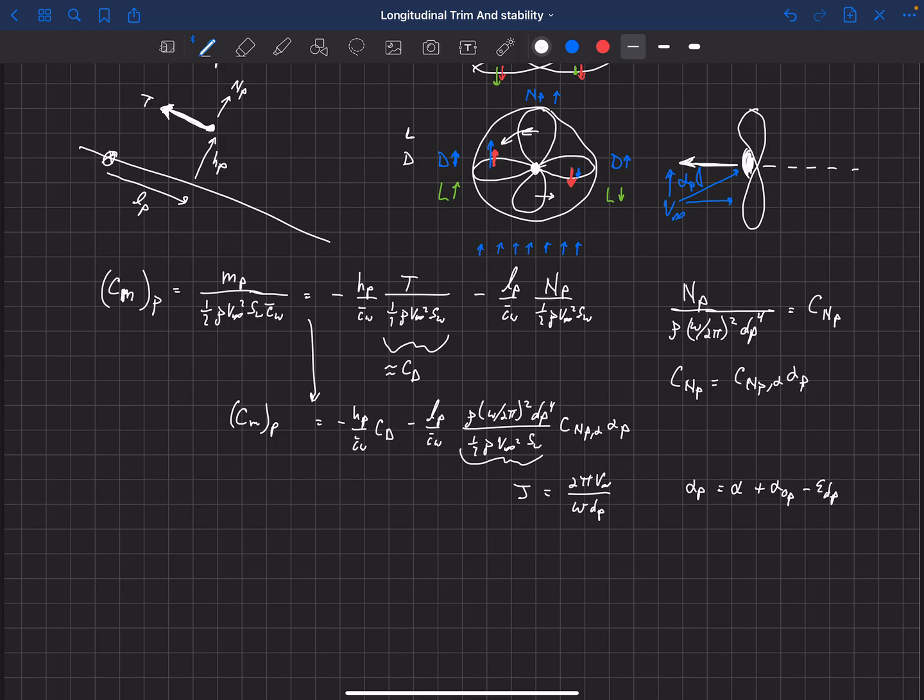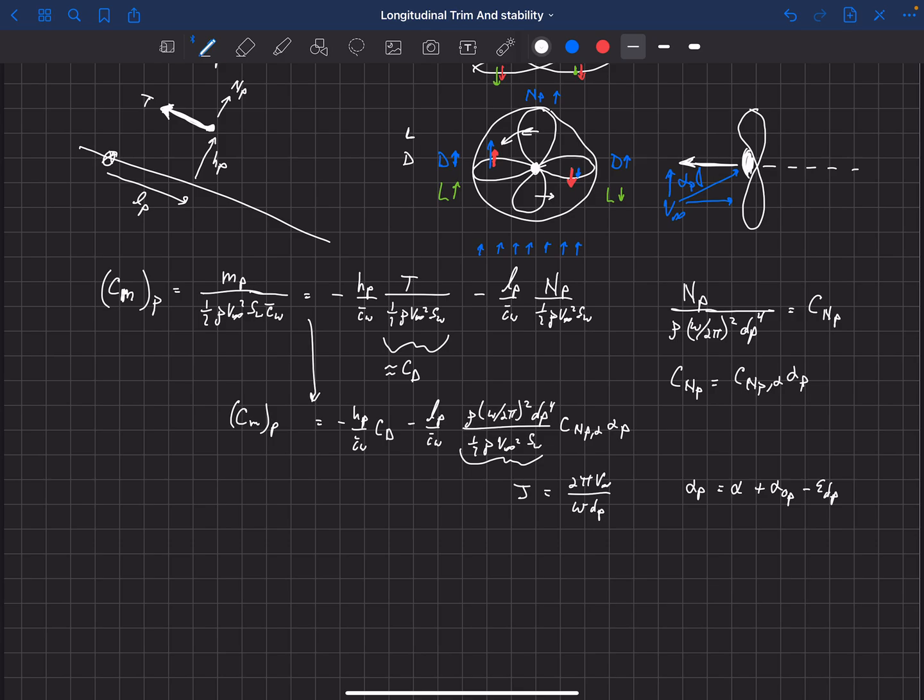But we don't want to neglect the fact that it's probably near a wing, and we need to account for the upwash or downwash that would be coming from that wing. And we would estimate that upwash or downwash the same way that we would estimate it for the horizontal. We've talked about a way to estimate it there. You can use higher fidelity CFD or panel codes or whatever to estimate it to higher accuracy. But we do have a way to just estimate what that downwash would be as a function of where that propeller is located relative to the wing.